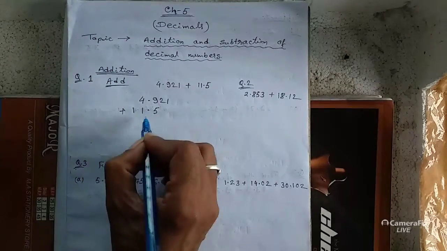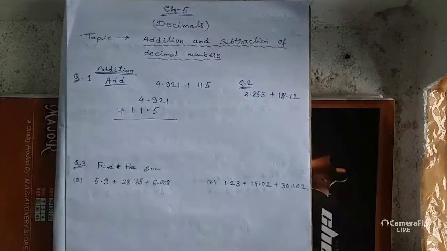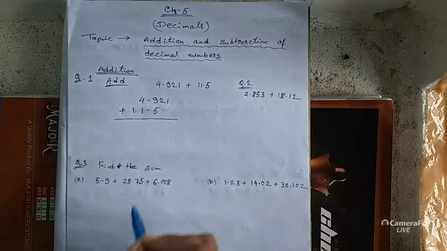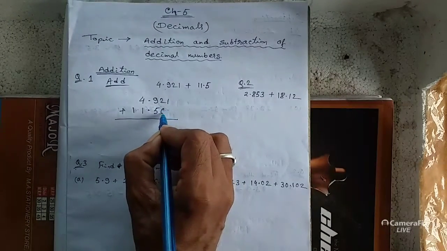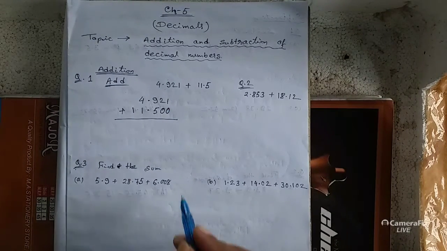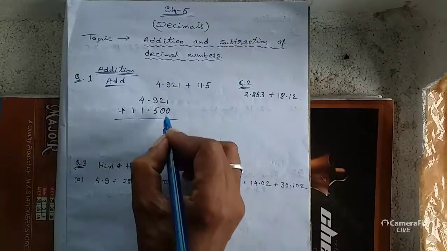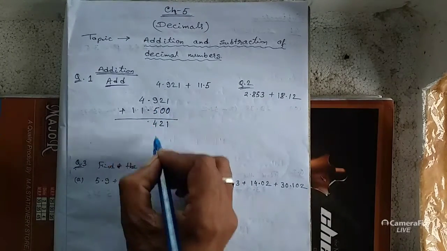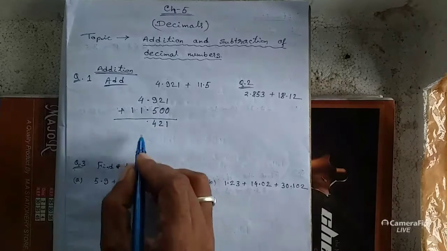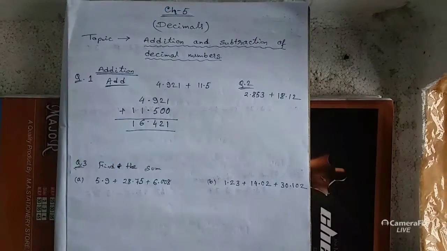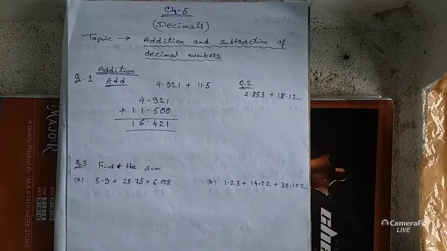And on the left side there is 11, 1 just below 4 and 1 here. Now give the addition sign. We have to add, but see, two places are vacant just below 2 and 1. So take here 0, 0. Now add: 1 plus 0, 1; 2 plus 0, 2; 9 plus 5, 14, 4 carry 1; 4 plus 1, 5; 5 plus carry 1, 6; 1. So the addition result we get is 16.421.